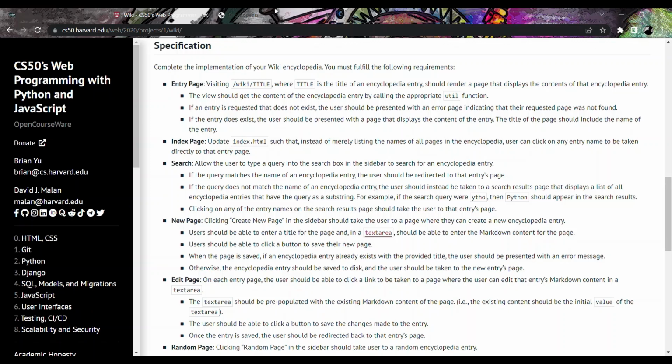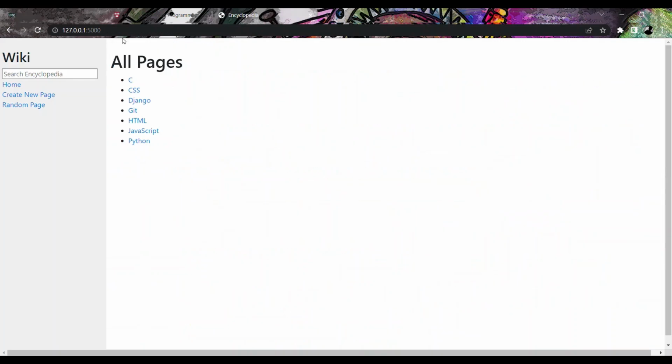Here are our specifications. First specification, we have interface. Visiting wiki/title, where title is the title of an encyclopedia entry, should render a page that displays the content of that encyclopedia entry. Let's try that. If I type in the URL